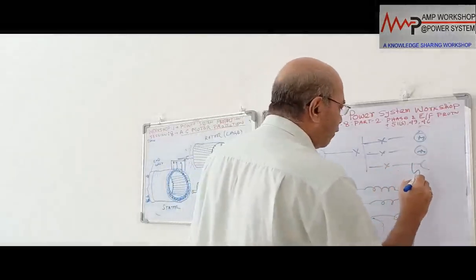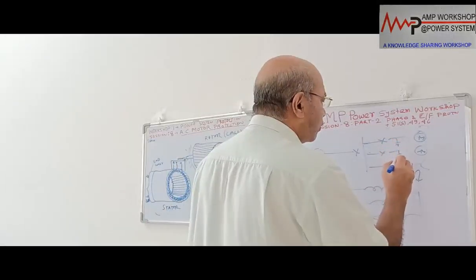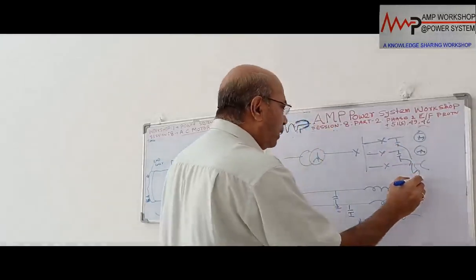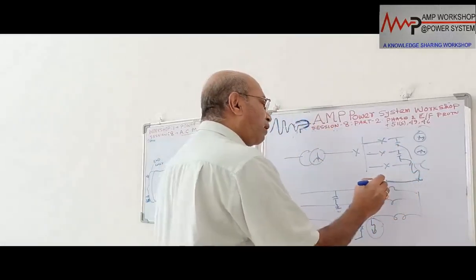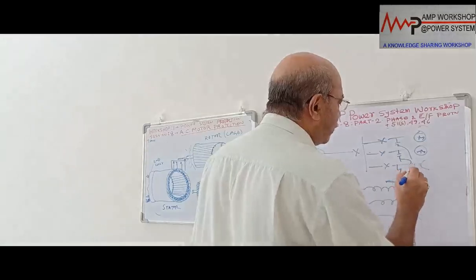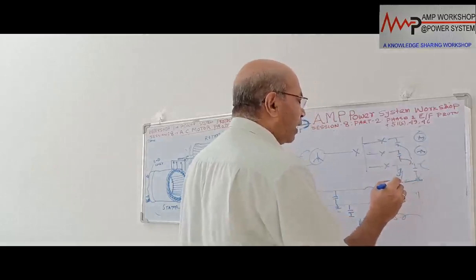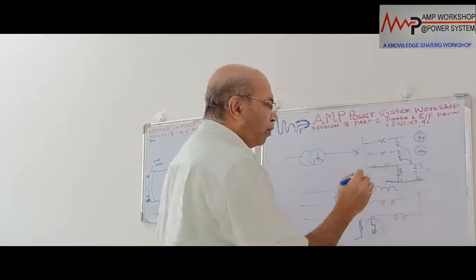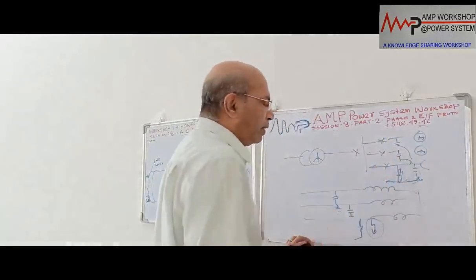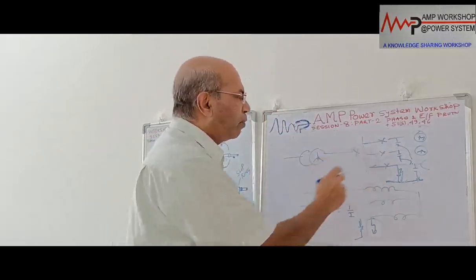In that case, if there is a ground fault over here, the capacitance current from these motors and these motors will all come together, and then it will pass back through this. Normally all this capacitive current flows this way to ground. If there is an arc fault over here, then all these 3 currents will join together and pass through this. So if we provide a circuit where we can measure this charging current, based on the charging current measurement we can provide the protection.